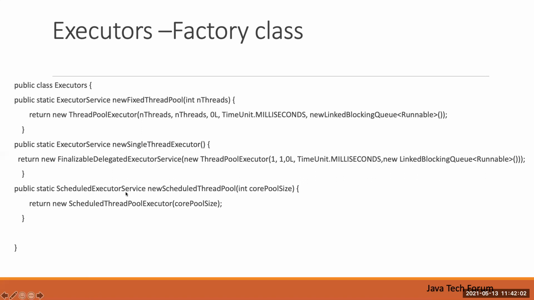This is a different kind of implementation of the thread pool. It will take the thread pool size, then it will create an instance of the scheduled thread pool executor class, and return it. So here I listed three instance creations. There will be n number of instance creations for the different implementations of